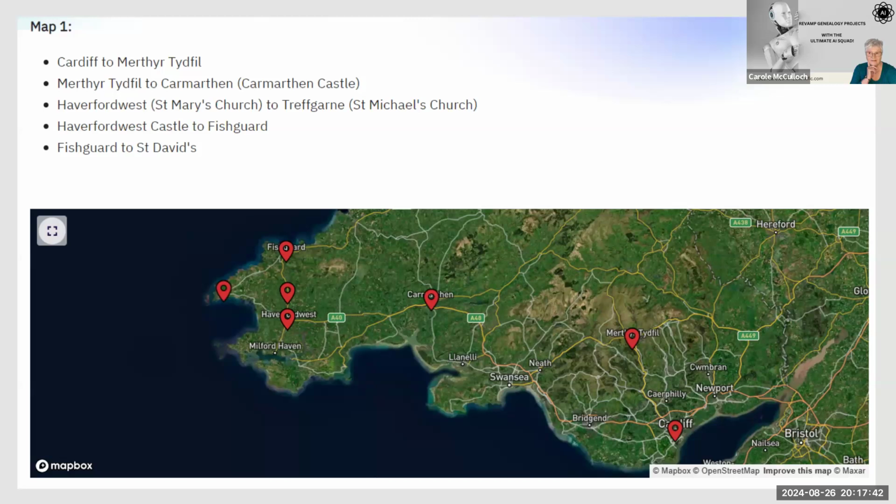In this case, I'm showing various towns and places in Wales, South Wales, where my ancestors came from. And if this was live, we could click into it and I could take you on a flyby to show you. I'll do that in a moment. But using the Mapbox tool is very, very simple. You just pin to the map the places where you want to take your ancestral trail.